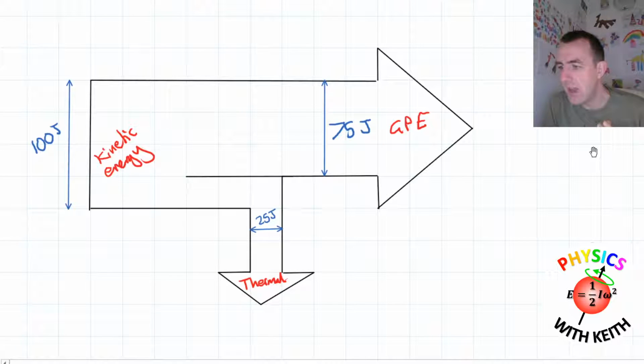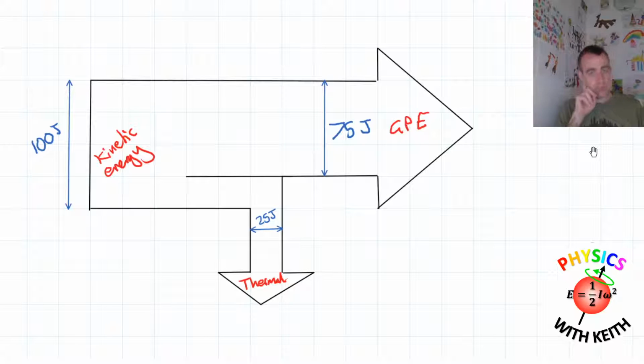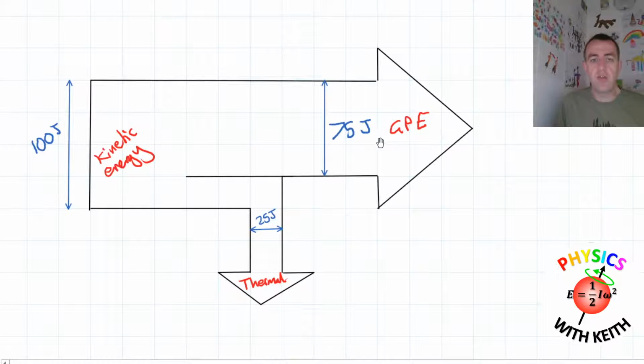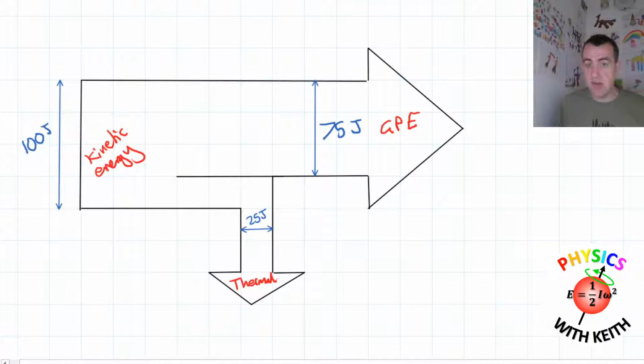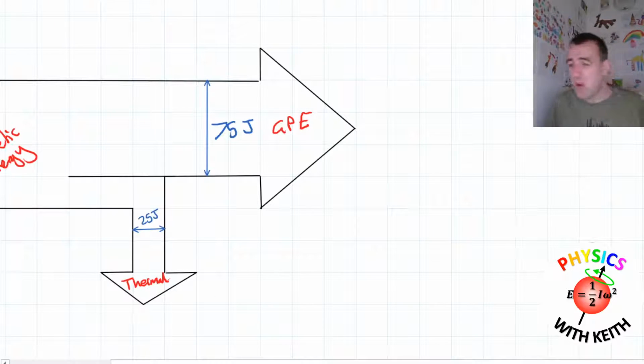When the ball finally hits the hand, do you have 100 joules of thermal energy or just 50 joules? It's a very good question. If I carried this on, I would have the 75 joules of potential energy, and that would all go into kinetic energy, sorry. So we'd have the arrow carry on from gravitational potential energy to kinetic energy, then a bit more would split off for thermal energy, and it might be 25 joules that splits off, but it probably won't be, because it's not going to be going as fast the second time.